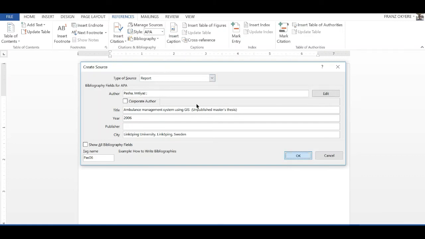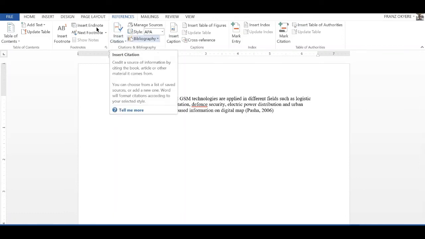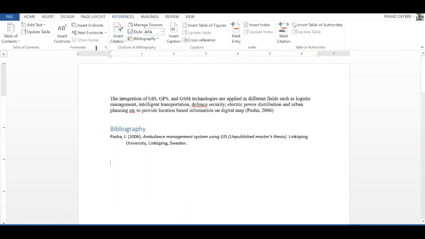But let's just say okay and see what we have. As you can see, now we have partial 2006 to be the in-text reference, and then the full text reference we can generate it by just going to bibliography and saying that.